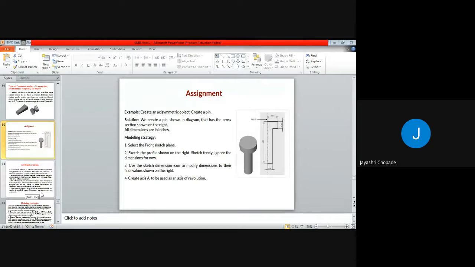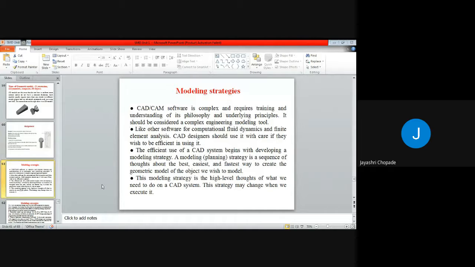Here we will see some modeling strategies. CAD/CAM software is complex and requires training, obviously, because without training or knowledge we cannot convert 2D into 3D and understand its philosophy and underlying principle. So it should be considered a complex engineering modeling tool.